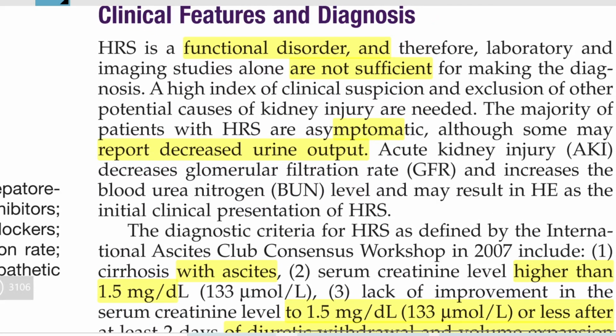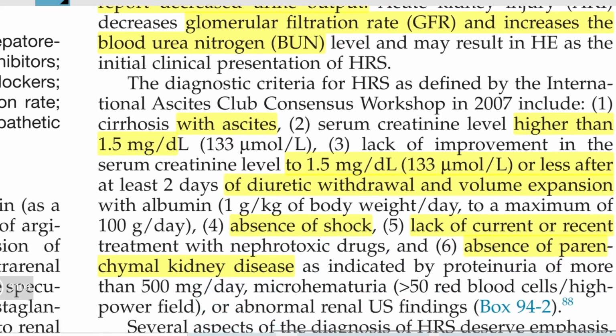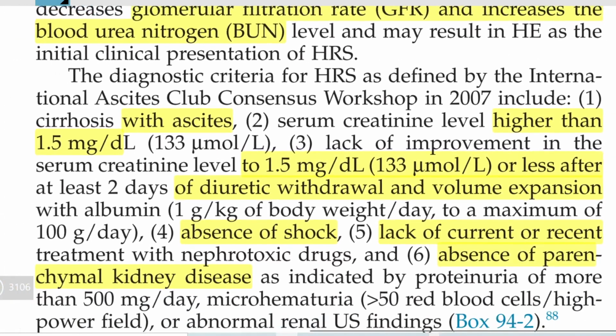HRS is a functional disorder, right? So therefore laboratory and imaging studies alone are not sufficient, and a high index of suspicion is required. The majority of patients are asymptomatic, and the patient might be having AKI, which must be ruled out. AKI decreases GFR and also increases BUN levels, and may result in HE as the initial presentation. So the classification of hepatorenal syndrome is given by the International Ascites Club Consensus Workshop in 2007, which includes